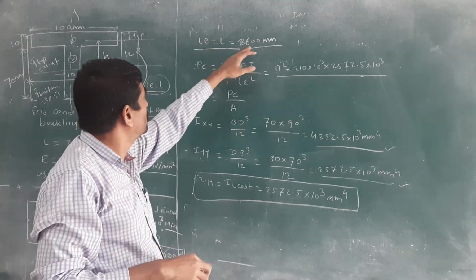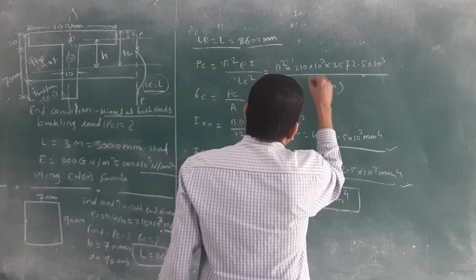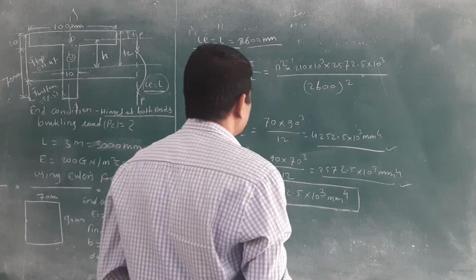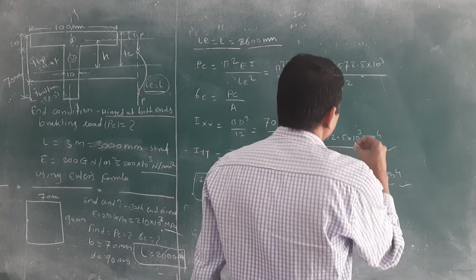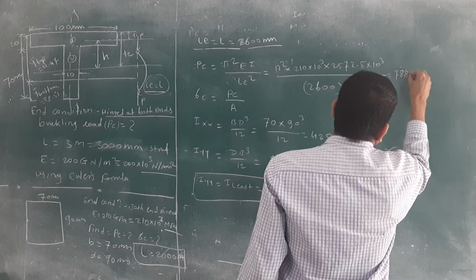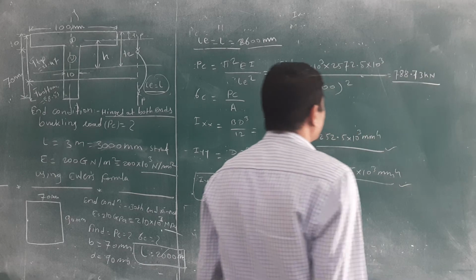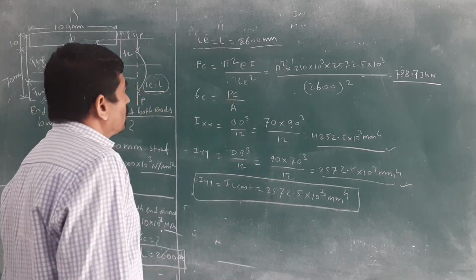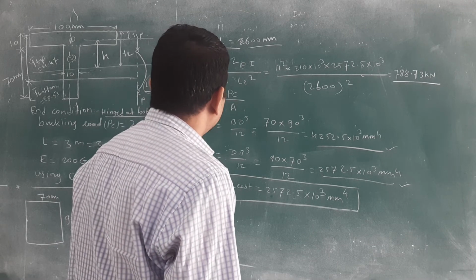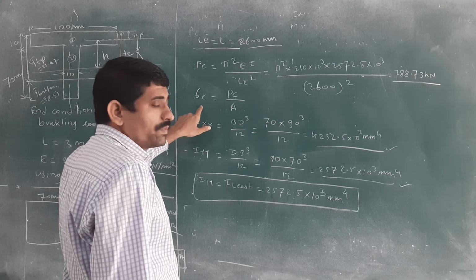LE is equal to L is equal to 2600 mm. Okay, then what we will get, this PC, you will get the value 788.73 kilonewton. Then once you have calculated the PC, easily you can calculate the sigma c, the buckling